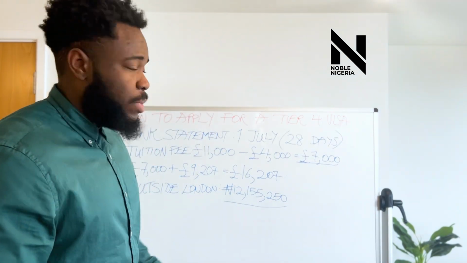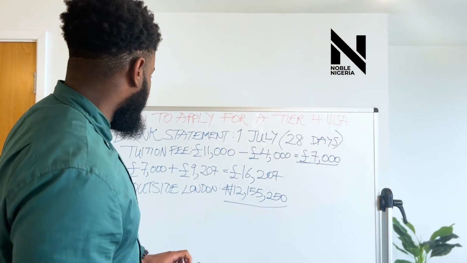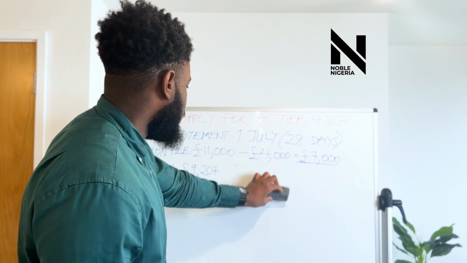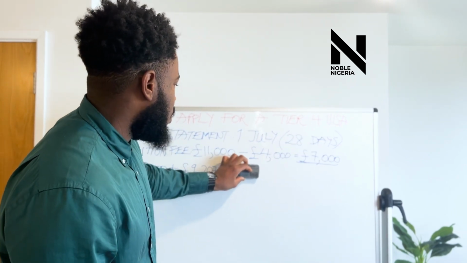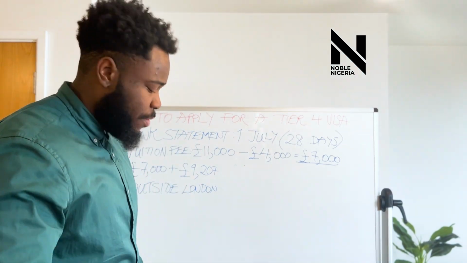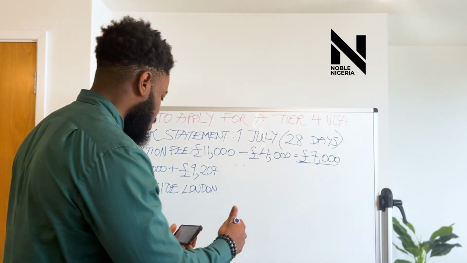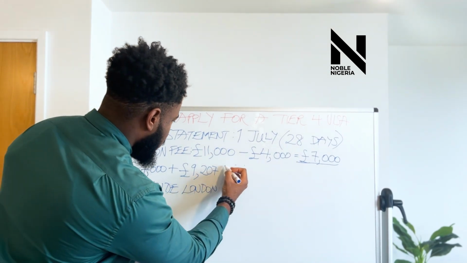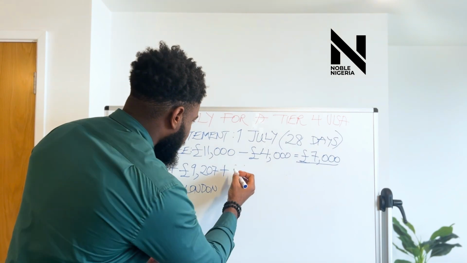So this is the money you're going to be needing. However, let's say you have a child, you have a wife, right? This goes out of the window. So you want to come to the UK with your wife and your child, right? What you're going to be needing is you have your tuition fee remaining for yourself. Again, universities outside London, you're going to be needing